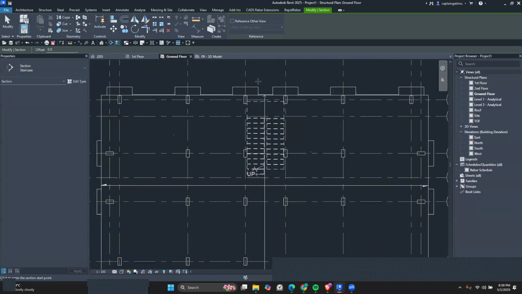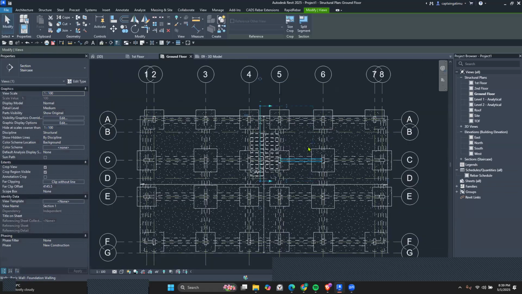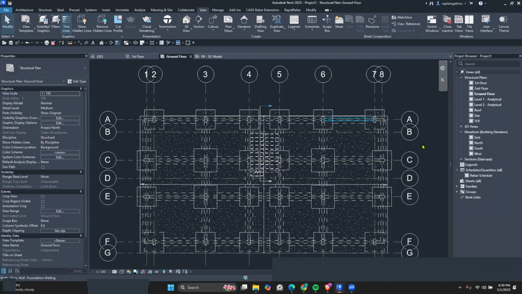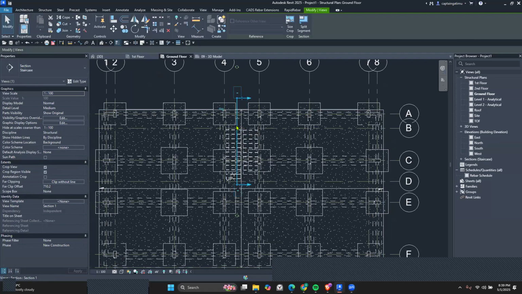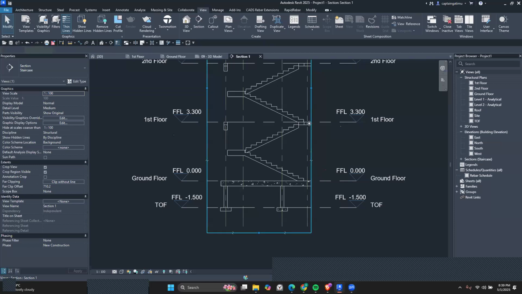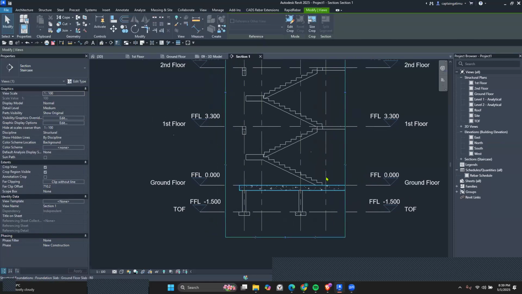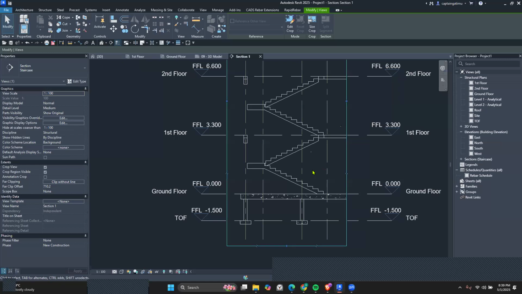All right, and then after I place my view over here, I want you to see something. You already have a category for your staircase. All right, so that's good. So we can proceed. I'll right click on it and then go to view. And in view, here is where we are going to create our staircase thickener. To work with the staircase thickener, I'm going to introduce you to a new tool that is called the cut